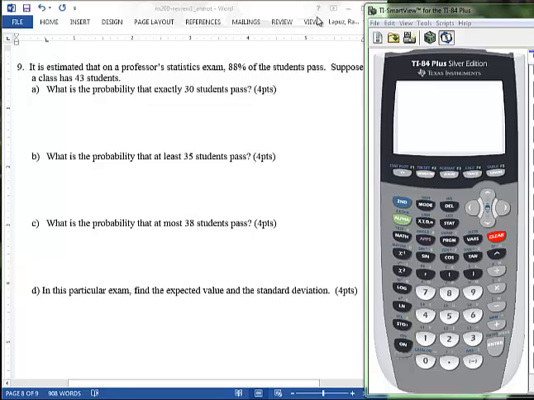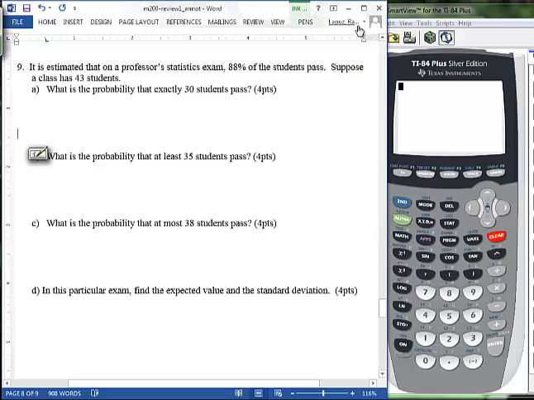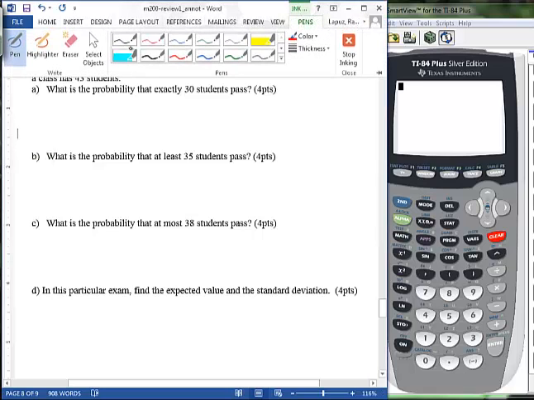Problem number 9 on the review. It says the professor's statistics exam, 88% of the students pass. Suppose the class had 43 students. So what we have here is a binomial distribution. And in our binomial distribution,